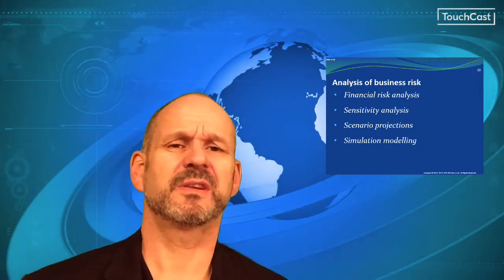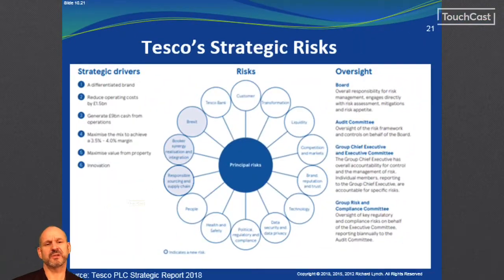And again, if we look at the example of Tesco, then the key strategic risks here are clearly identifiable in their annual report. These risks include factors such as health and safety considerations, changes in technology and people-related issues. Most of the risks here are likely to be present in most large corporations, and again, this is something to consider for your group assignment.